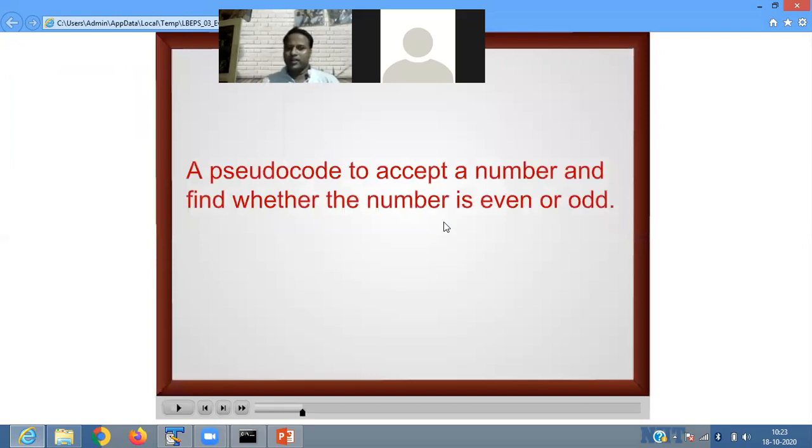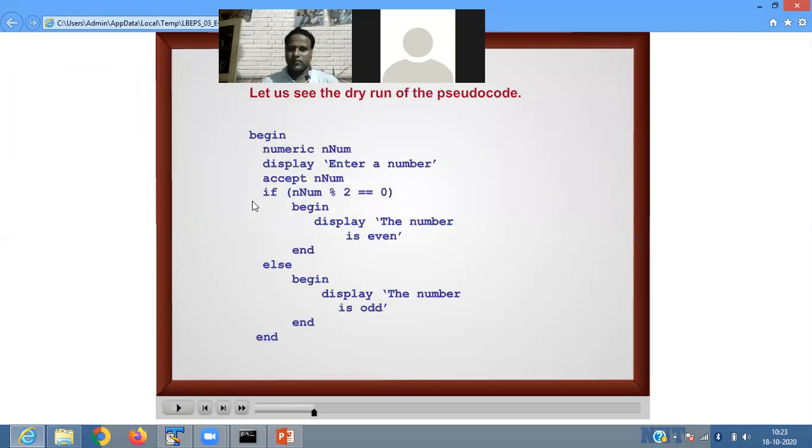The pseudocode that accepts a number and finds whether the number is even or odd. Display numeric n number, asking you to enter a number.